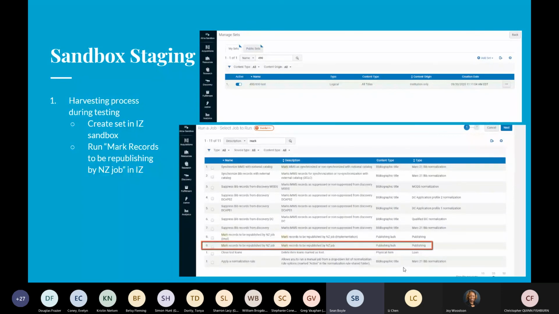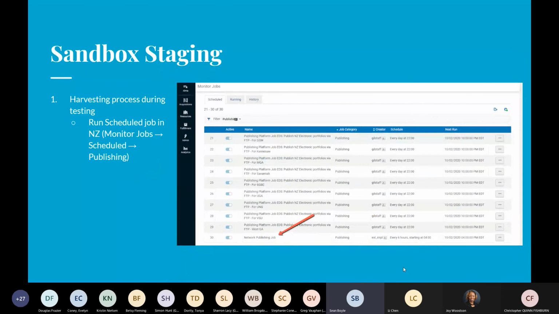If you all are doing any work in the sandboxes, which you all totally can, and you create something new in Alma, a new record or something, it's not automatically going to get published to Primo. So you would sometimes have to run this job as well, or reach out to us. I've had a couple of people reach out to us to push some records through so they can test whatever they're doing. But once you run this job, you then go to the network zone Alma sandbox, and you kickstart